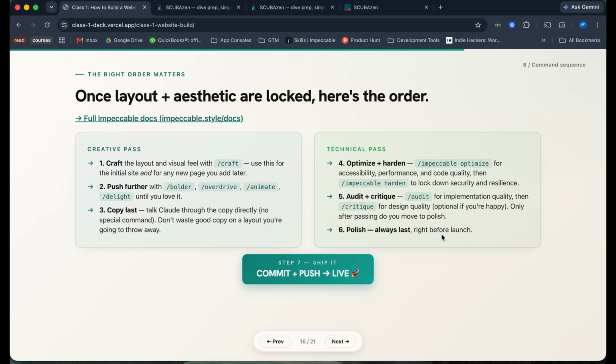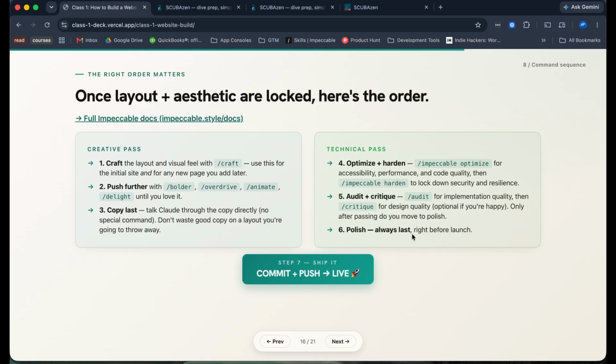And then lastly, the very, very last thing you do is impeccable polish. That basically goes through all of your website and all of your code, makes sure all the margins are consistent, the font sizes are consistent, the spacing is consistent, and it does all of that nitpicky little stuff. It just makes it really clean. It's always the very last step for every page.